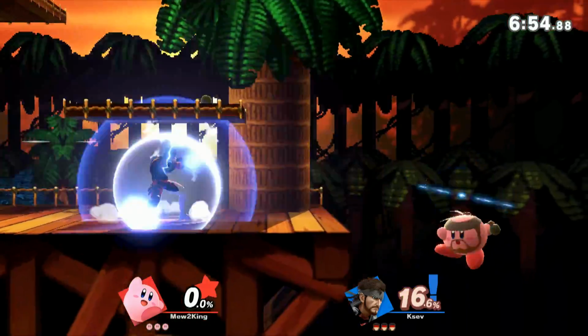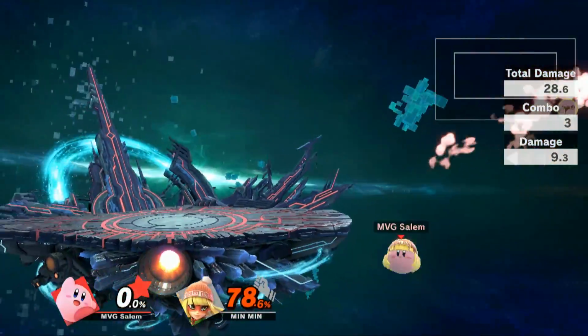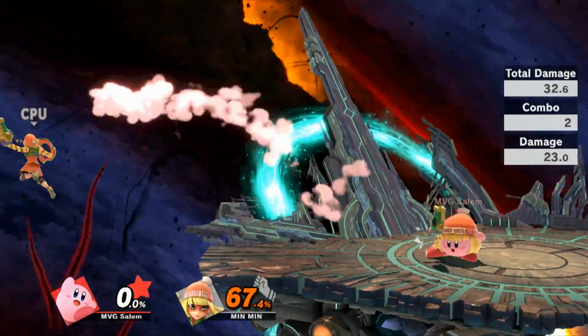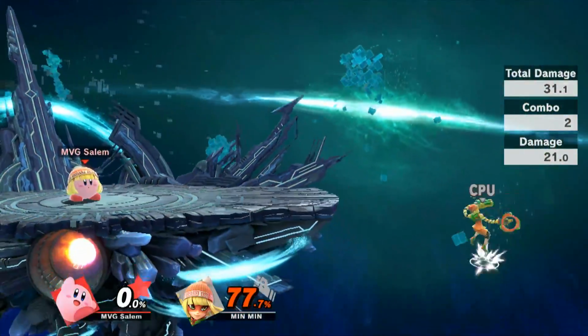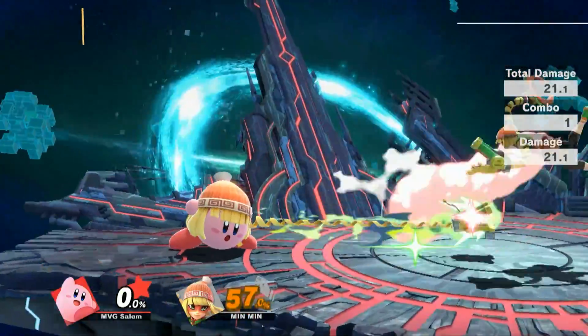But the best benefit of this is that if Kirby does a forward throw or a back throw, he can actually forward smash afterwards and get the forward smash damage. And then there's also a decent chance the dragon fire breath attack will happen at the end of that. So you get combos off of the low percent forward throw and back throw, which is pretty nice to have